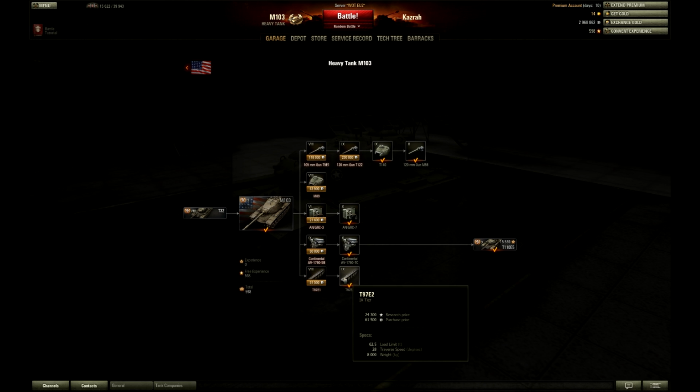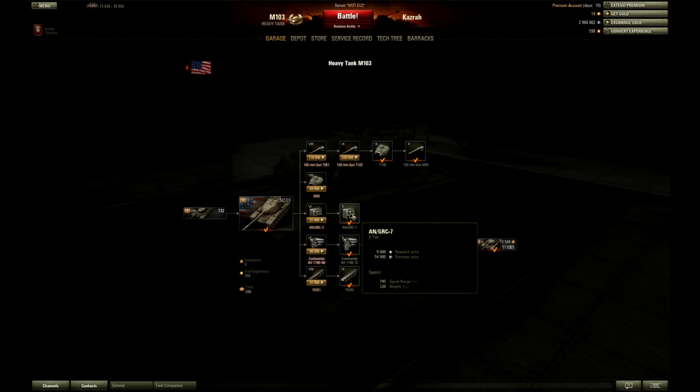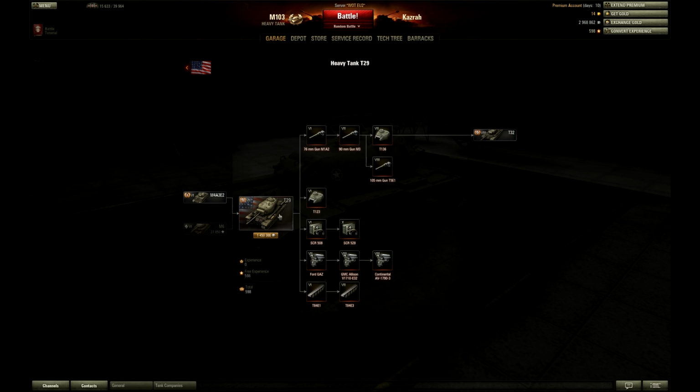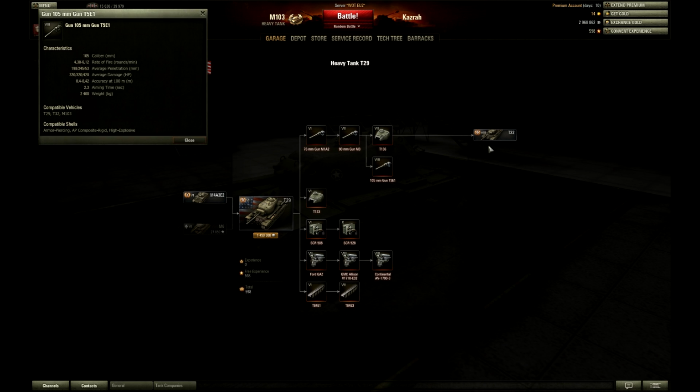It's 24,000 free experience. The engine is 45,000. Radio is not important. It's only 9,000, but it's not important. It's the last priority for you. You will start off with the 105 gun that you got on this tank. It's the exact same gun